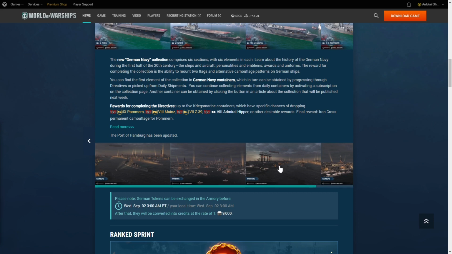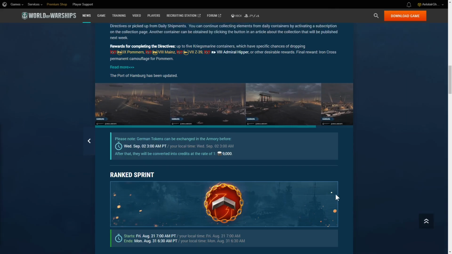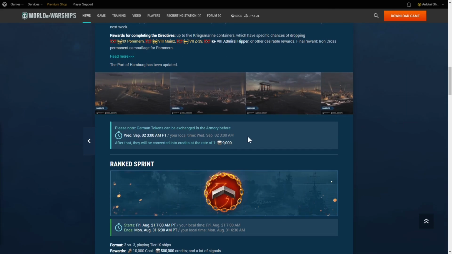The port of Hamburg has been updated, so they get some visual changes. There is a reminder that the German tokens, which we were earning in 096, which we will stop earning basically as of today before 097 gets rolled out,